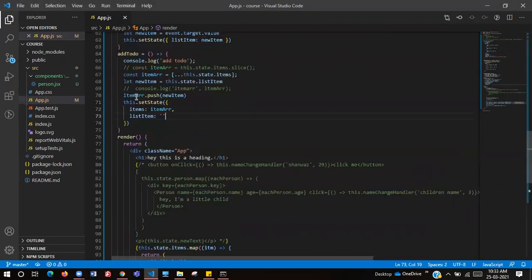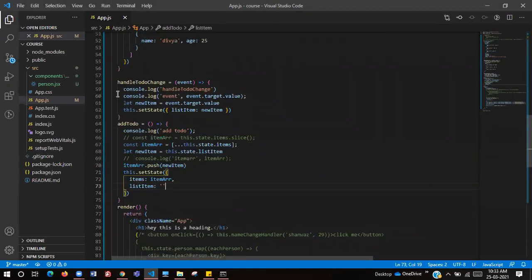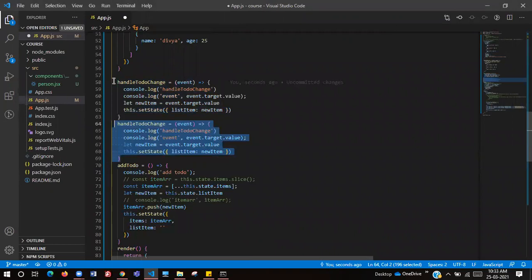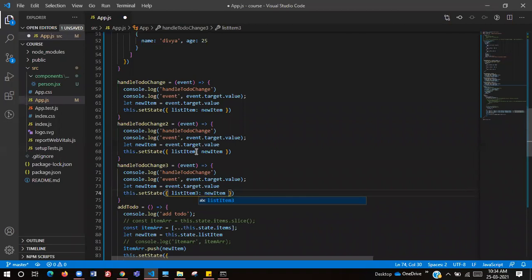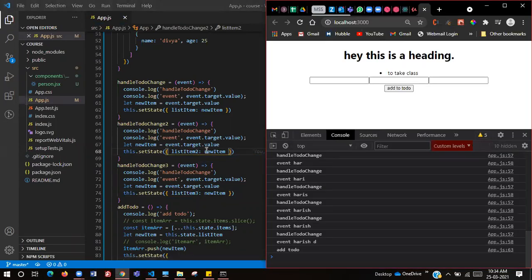And we take this and copy paste it, and we take it as 2 again, we take it as 3 again. Okay, now, Harish, that's all. Now ASDF.